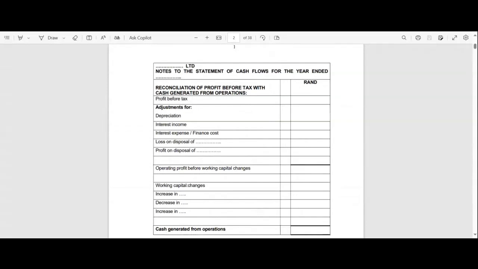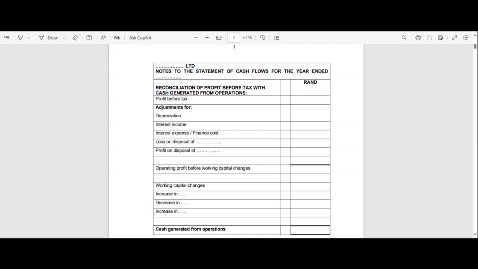What have we done with the puzzle? We've created the framework. With the puzzle, we've put all those outside ring pieces together, but we've still got to put all the other pieces in, and that is what we are going to start doing now. We are going to use those examples and those exercises in the question bank to complete the puzzle, right? We're going to see how each and every one of all of those line items that we have discussed, how we can calculate them, where we can find them, what we should do to convert an income or an expense to a cash flow, and so on.